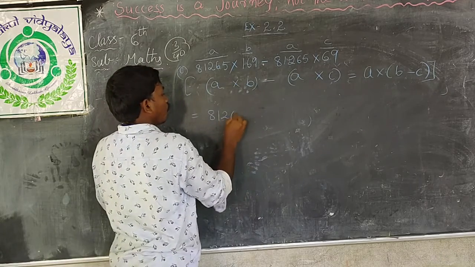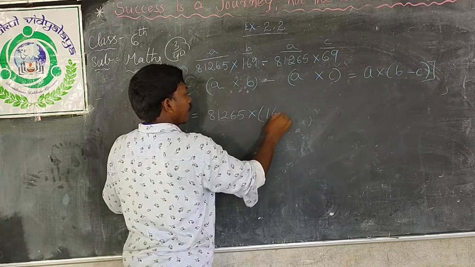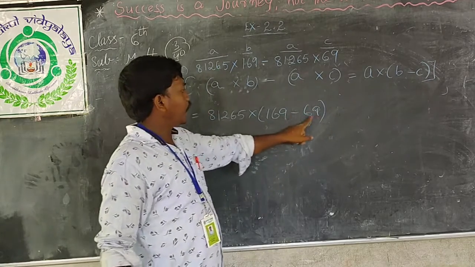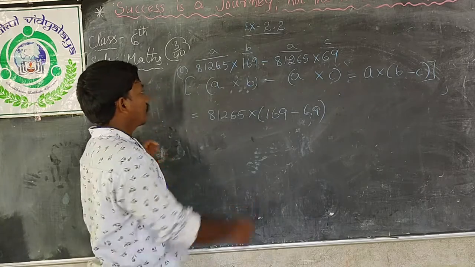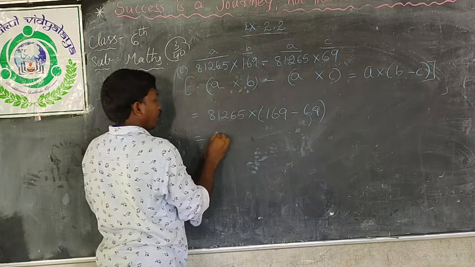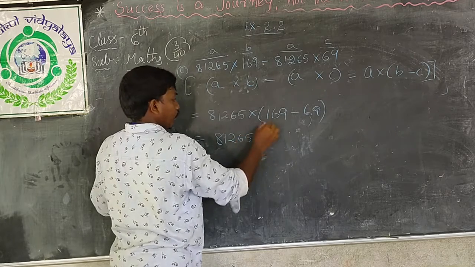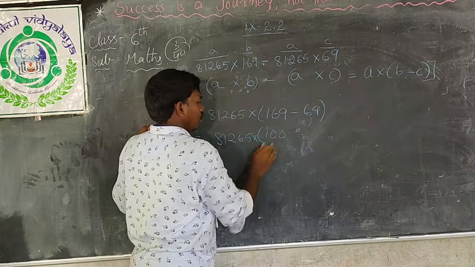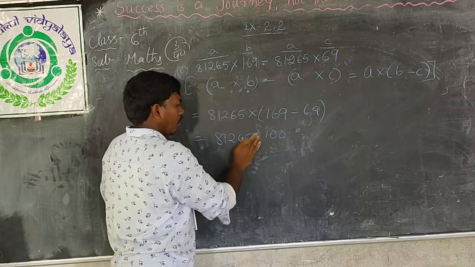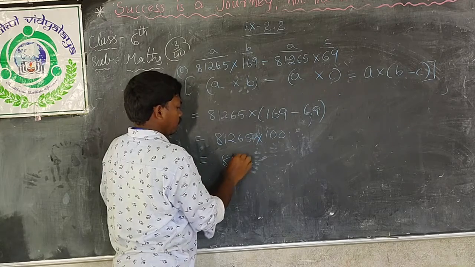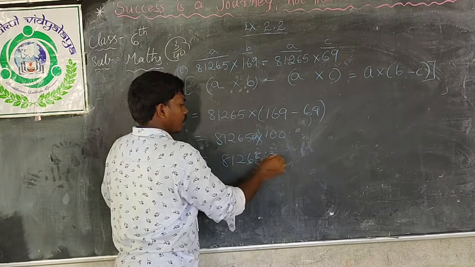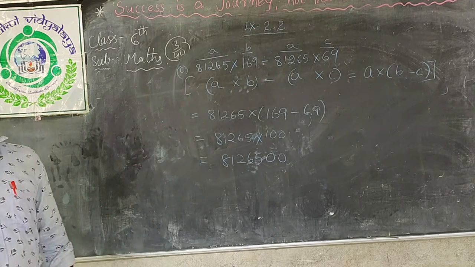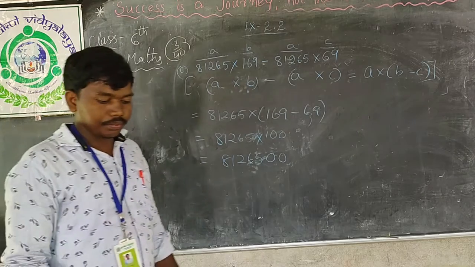A into B minus C: 81,265 into, subtract 69 from 169, that is 100. With the 100 multiplication, very easy, no? 265 into 1, same value, then 0, 0. Very easy method by using the property. Okay, children. Next,